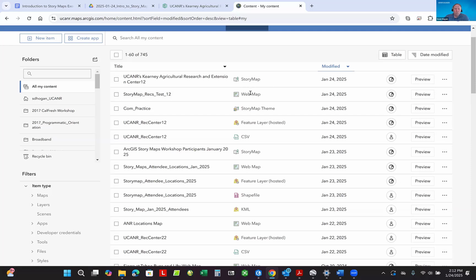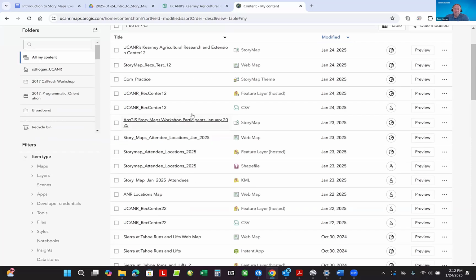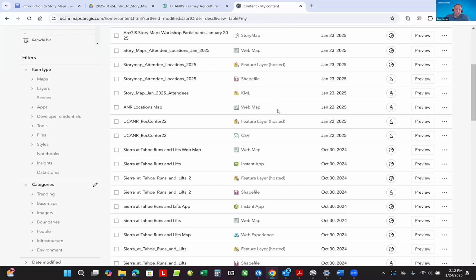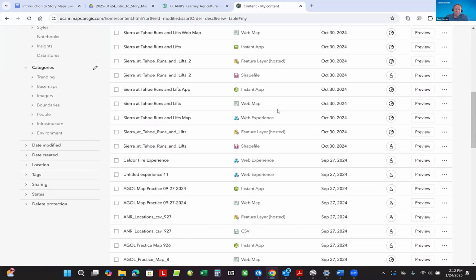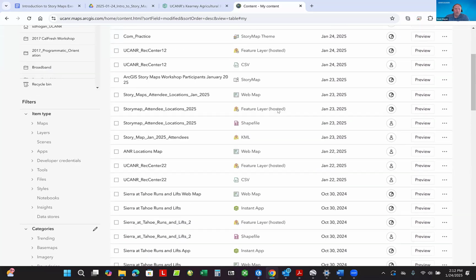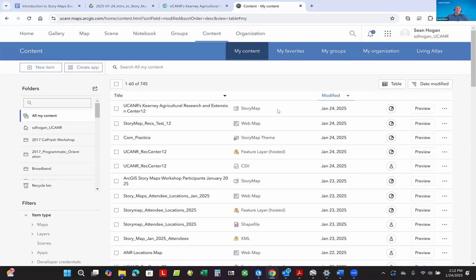Within your content, you also have feature layers or hosted feature layers. We'll see how we bring in a CSV file as features to create features within the web map. And then there's all these other things, shapefiles and KMLs, you name it. There are so many different ones that we get in here. Join us in that April ArcGIS Online workshop if you want to learn more about that, including how to